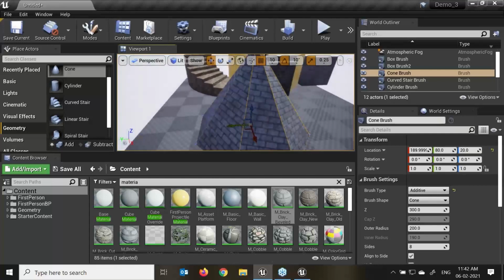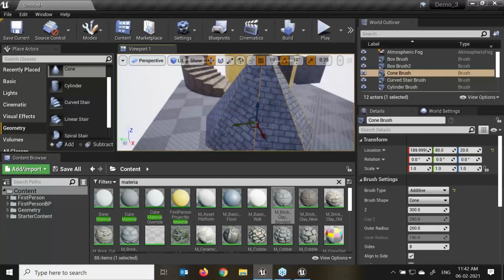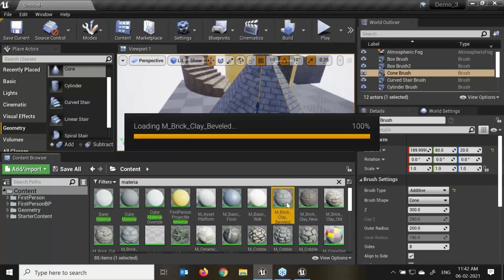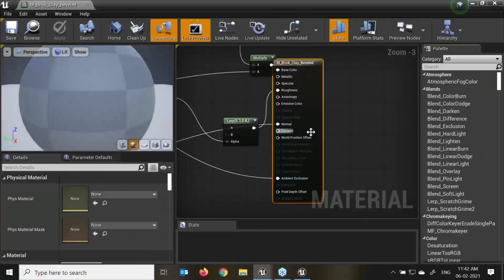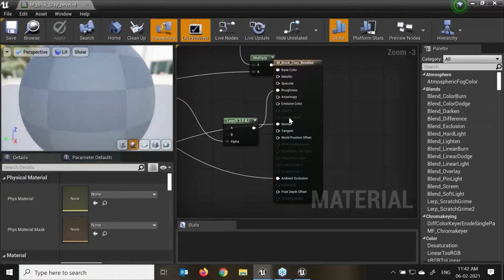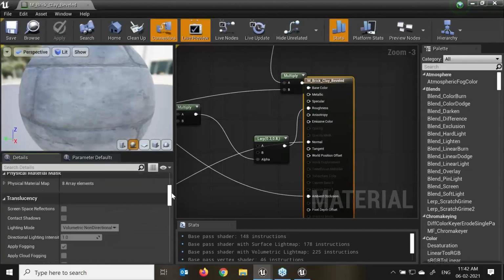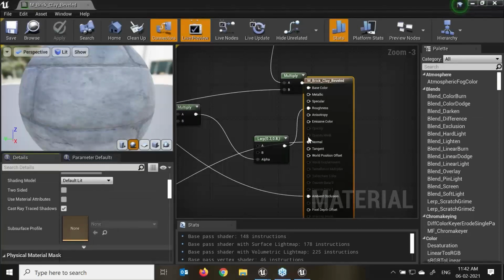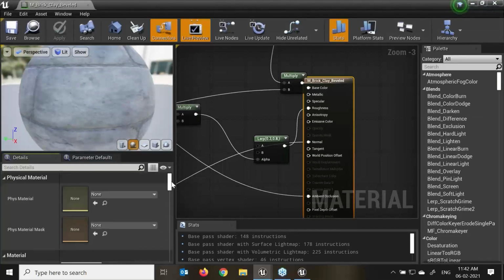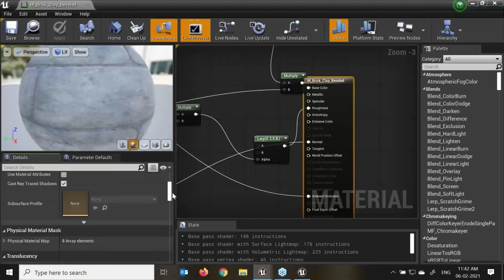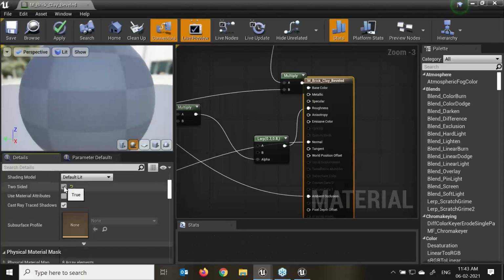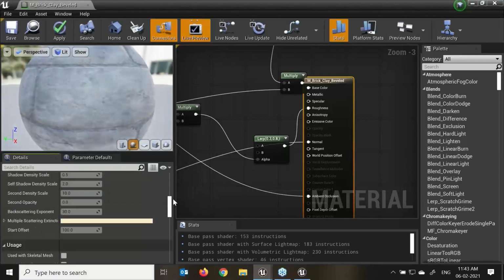Right here, see, this is already applied over here. With your object appearing to be made of it, you can define its color, how shiny you require. If I double click on that object, I will be able to open this material editor over here. I'll just move this. This is my main base material over here. If I want to change any particular property, yes, I can do that as well. Two-sided material you require, physics material, suffix, opaque material you require. Here we can change to two-sided. Here we can see it takes some time to calculate. But that is how we can do this, into the difference.